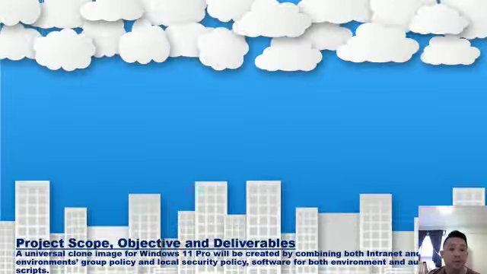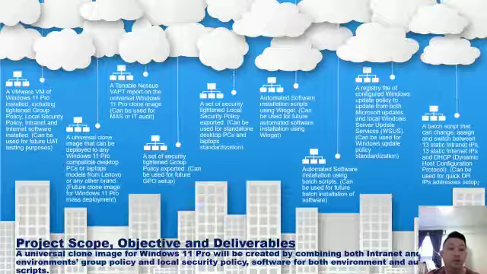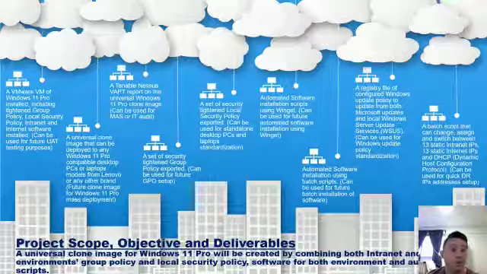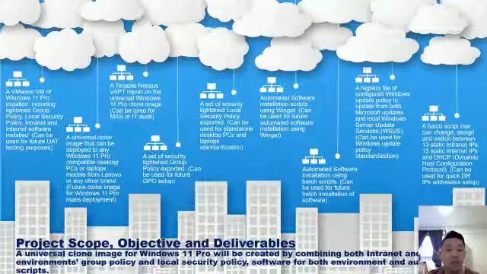In this slide, this will be the project scope, objective, and deliverables that we are going to create. First of all, a VMware virtual machine with Windows 11 Pro installed, a universal clone exported for migration onto physical machines, a VAPT report so that it can be used for audit purposes, a set of Security Titan group policy exported for future use, a set of Security Titan local policy for implementation on standalone machines like PCs and laptops,